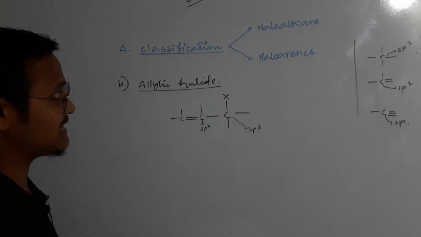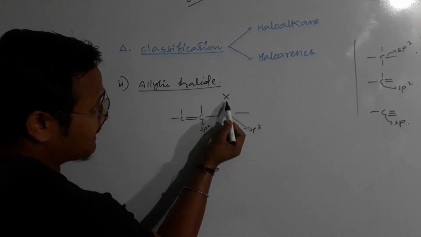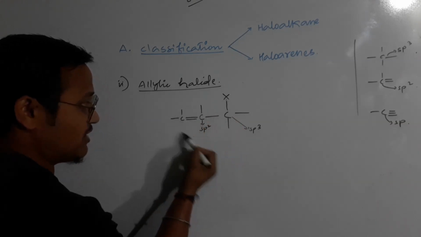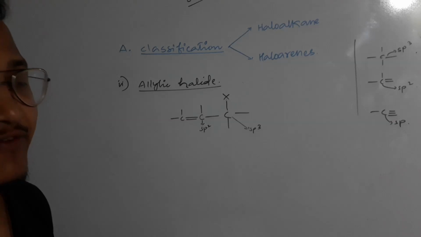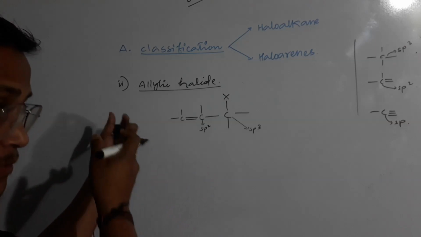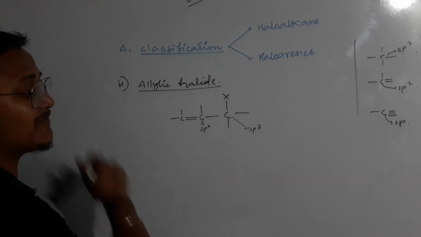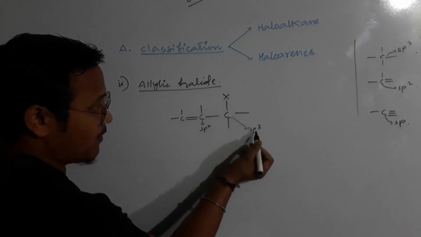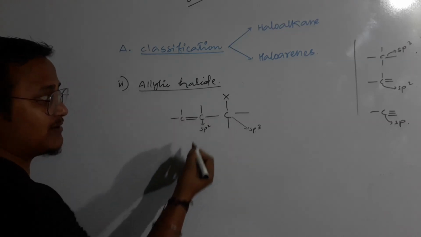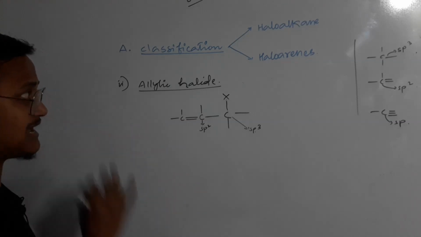Clear? So we can say that allylic halides are those alkyl halides where the carbon atom on which the halogen is present is bonded next to an sp2 hybridized carbon atom. The definition part you can take from your book also, you can pause the video and write it from there. So in allylic halide, the halogen atom will directly bond to an sp3 carbon, but that sp3 carbon will be bonded to your sp2 hybridized carbon atom, that means a carbon-carbon double bond. So this is allylic halide.